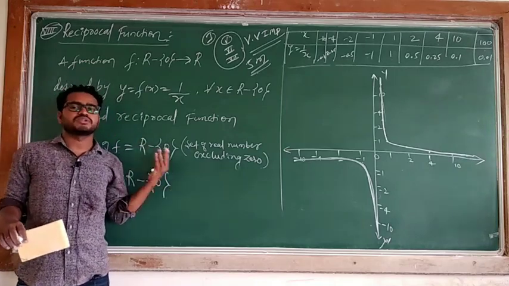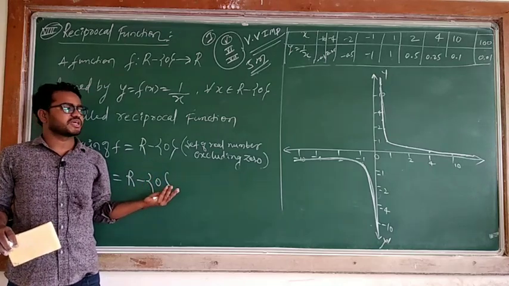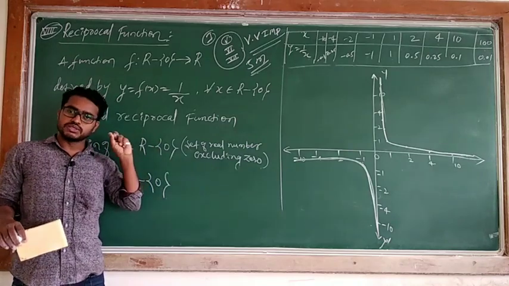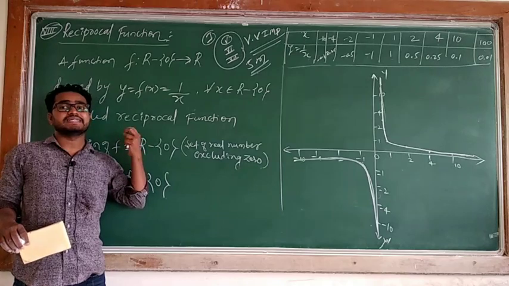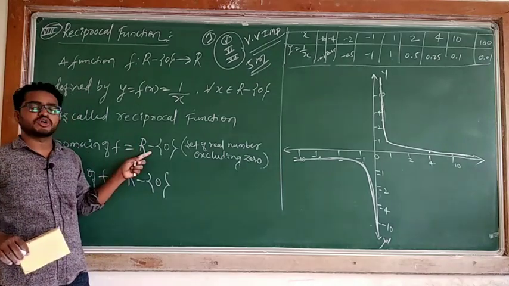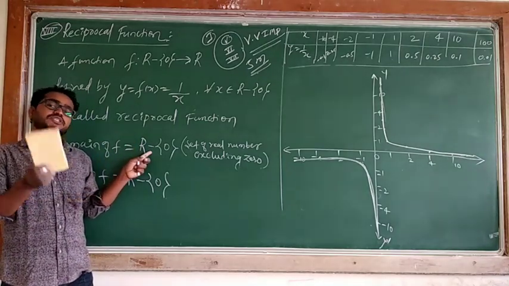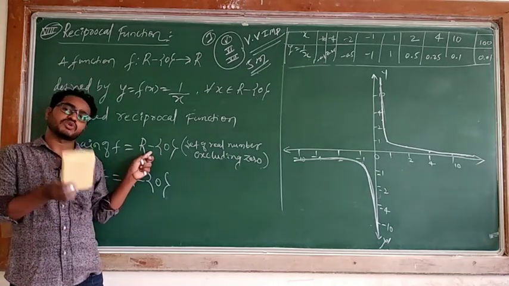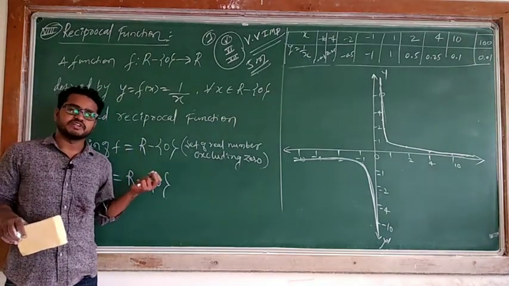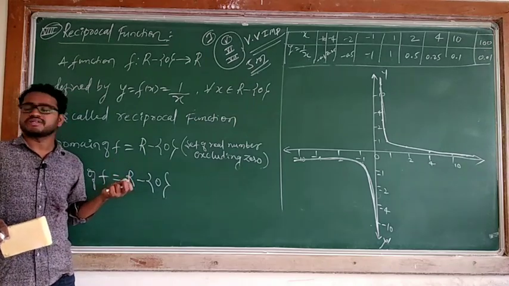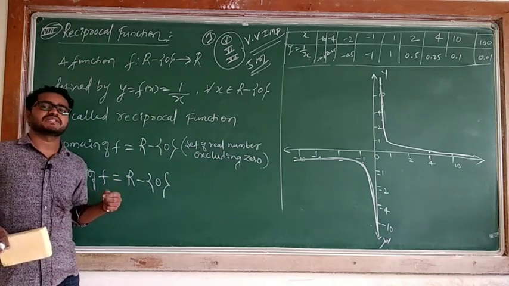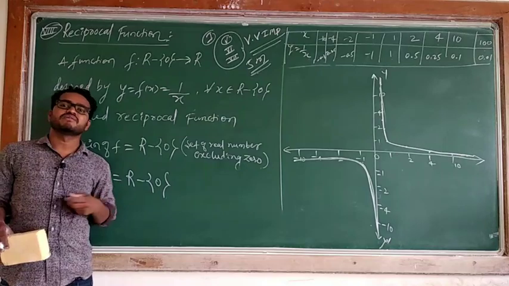What is a domain and what is a range? On the basis of the graph, you can understand what the domain is. Domain is always the x values, range is always the y values. While defining the domain, you have to take definite values, meaning whether it is possible to define or not. If it is possible to define, you can take it. Here I am leaving 0 because in this function it is not defined. When you take 0, the function is not defined. For that reason I avoided 0, because while defining the domain we take the possible defined values. Okay, this is about graphical representation. In the next class I will take some examples, finding domain and finding range.